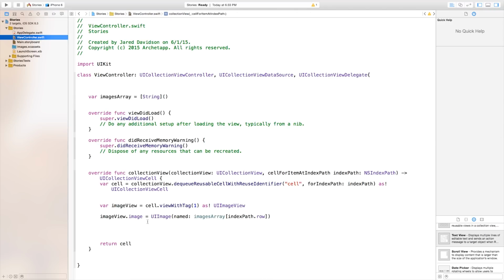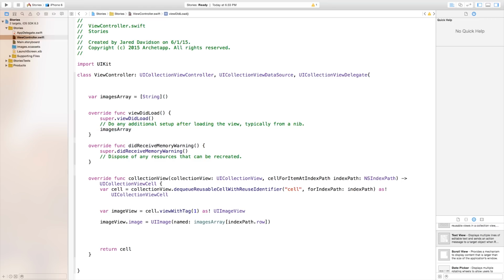So now let's head back over to our ViewController.swift, and we're just going to add this into our imagesArray. So imagesArray will be equal to an array of strings, and we'll just do this so we have all 5 of our images. The names of these are img_5222, and then we can basically just copy and paste this and change the last number of all of these names. So this will be img_5223, 4,